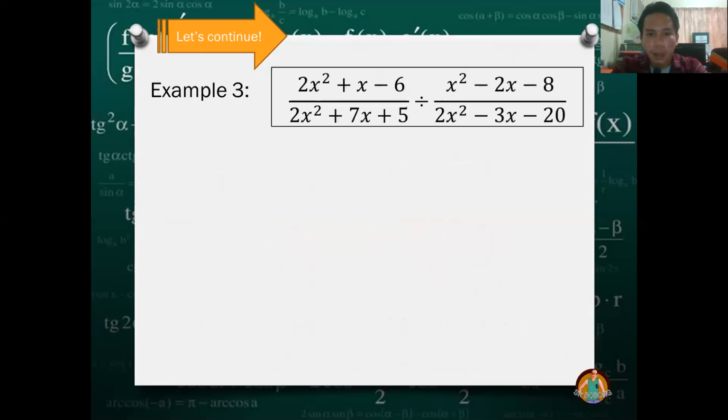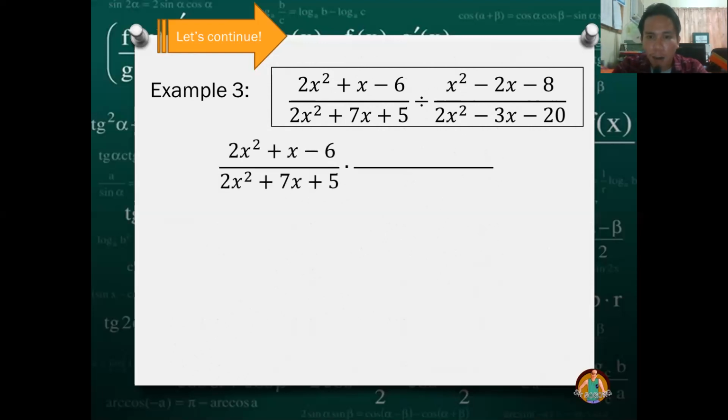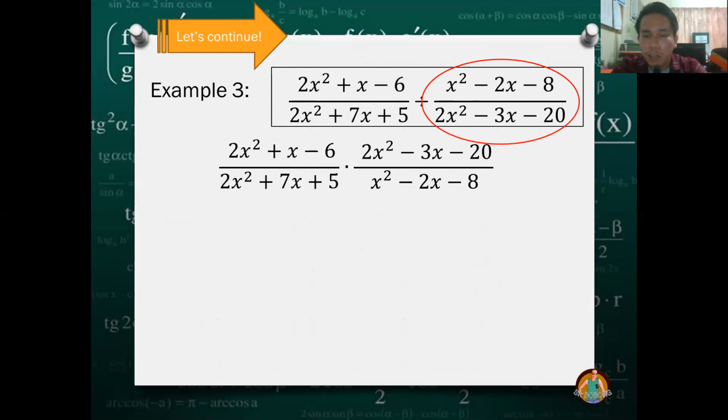Example number 3. Wow. So this is an example of quadratic, no? Quadratic lahat. Sige. So 2x squared plus x minus 6 over 2x squared plus 7x plus 5 divided by x squared minus 2x minus 8 over 2x squared minus 3x minus 20. Again, ano nga? We will get the reciprocal of our divisor. Okay, reciprocal, ibig sabihin, babalik ta rin. So, yung denominator, magiging numerator, at yung numerator na x squared minus 2x minus 8, magiging denominator, and then we will proceed to